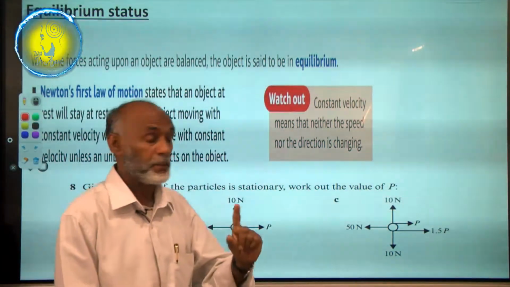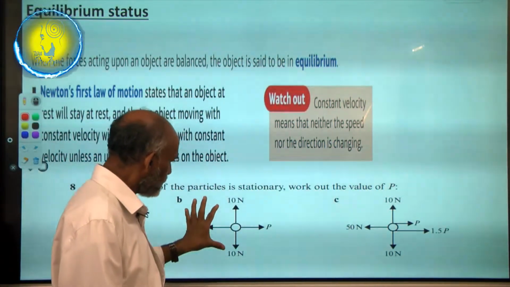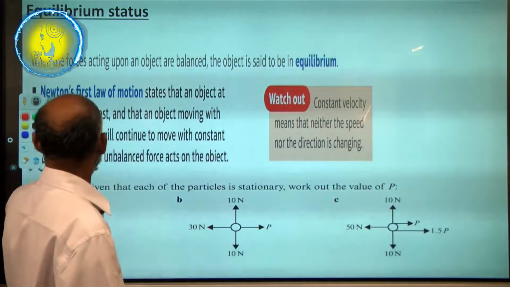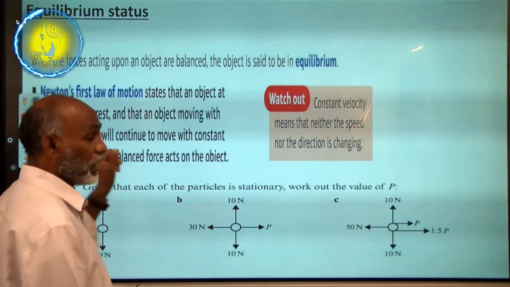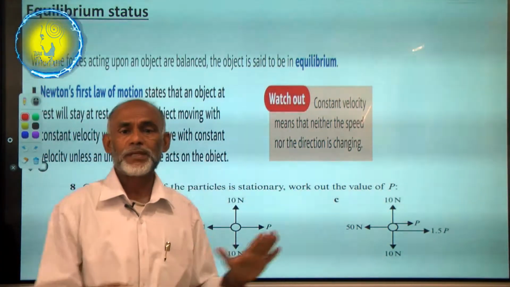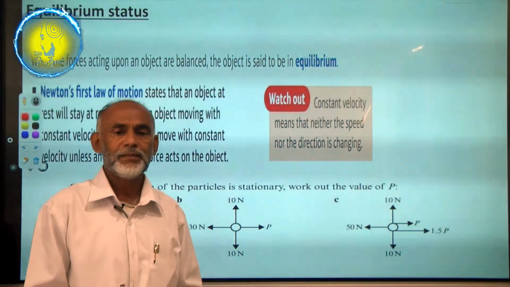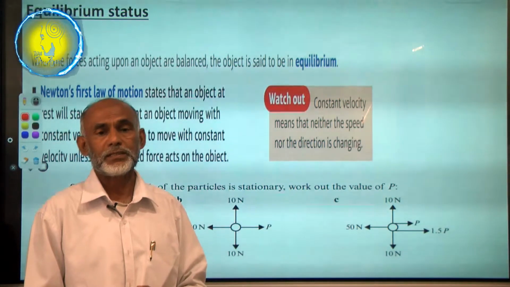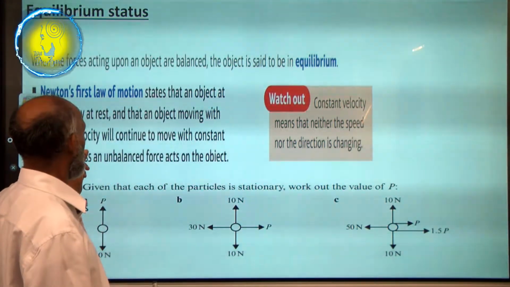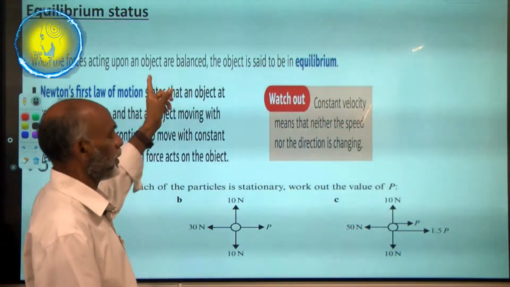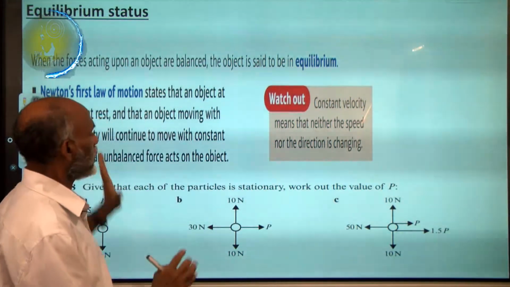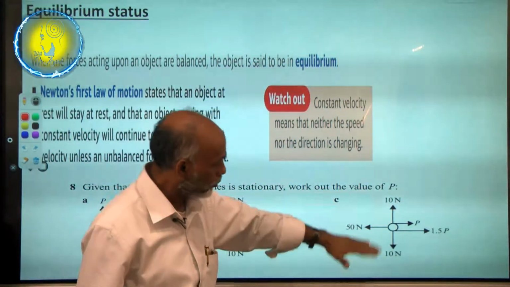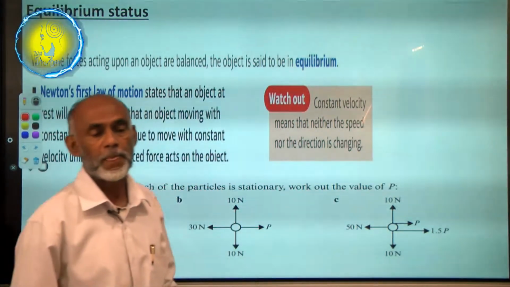But one thing you have to remember, although the particle is moving with a constant velocity, if it is constant velocity, there is no acceleration. What is acceleration? The velocity changes. The change of velocity, we call it an acceleration. If the constant velocity is there, the acceleration is 0, we can't apply the second law, we have to apply the first law. In the first law, nothing is moving, but the right side forces are equal to left side. The downward forces are equal to upward forces.